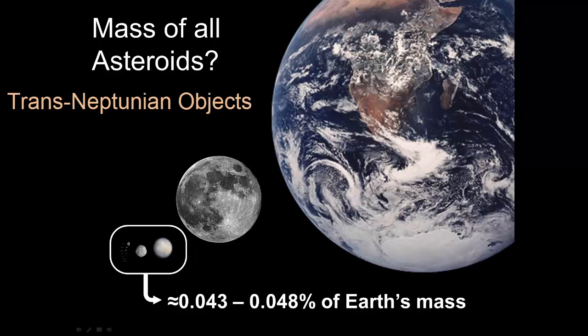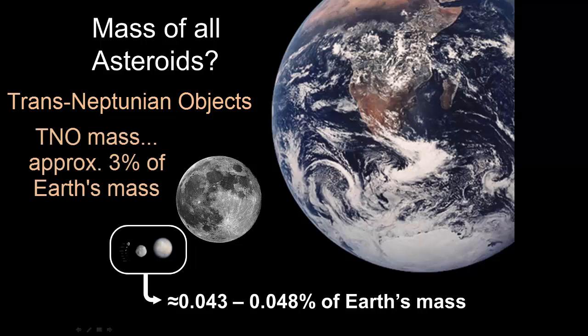TNOs share many characteristics with asteroids. Both measure exceptionally low densities of around 2 grams per cubic centimeter. Both are often reddish in color due to the surface rocks containing iron oxide, oxides which likely formed due to the presence of water launched with the rocks in the fountains of the deep. When the mass of all TNOs is considered, then the percentage of the material ejected from the flood jumps to around 3% of Earth's mass. This line of evidence is one of the main reasons for changing hydroplate theory's estimated initial crust thickness to 60 miles.